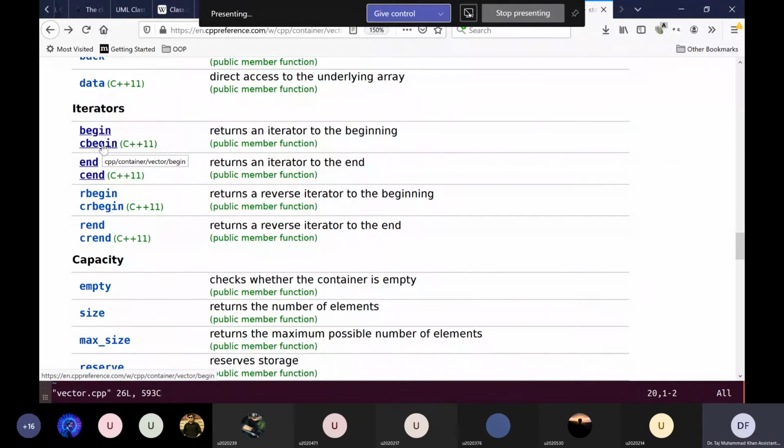If you try to modify the element value using this constant iterator, the compiler will give you an error. So this is good to avoid accidental mistakes.